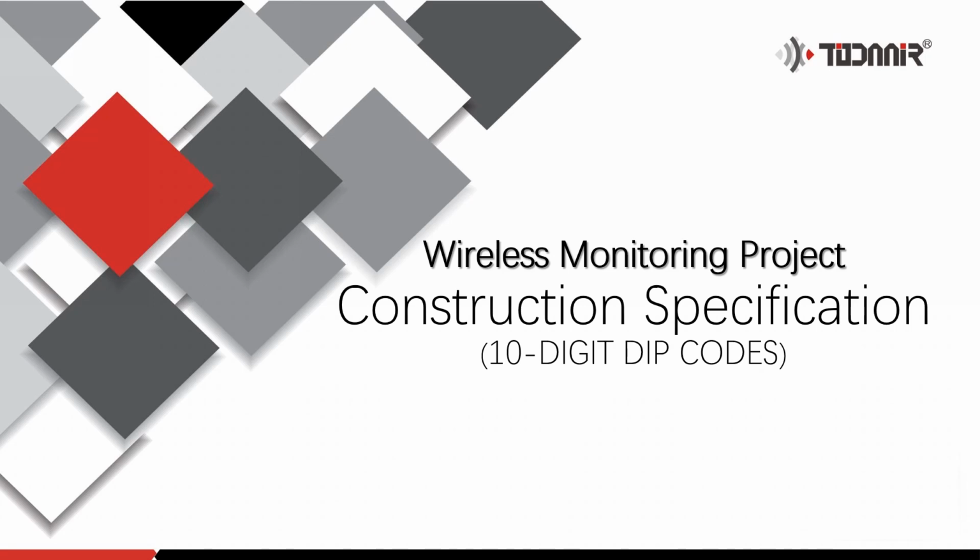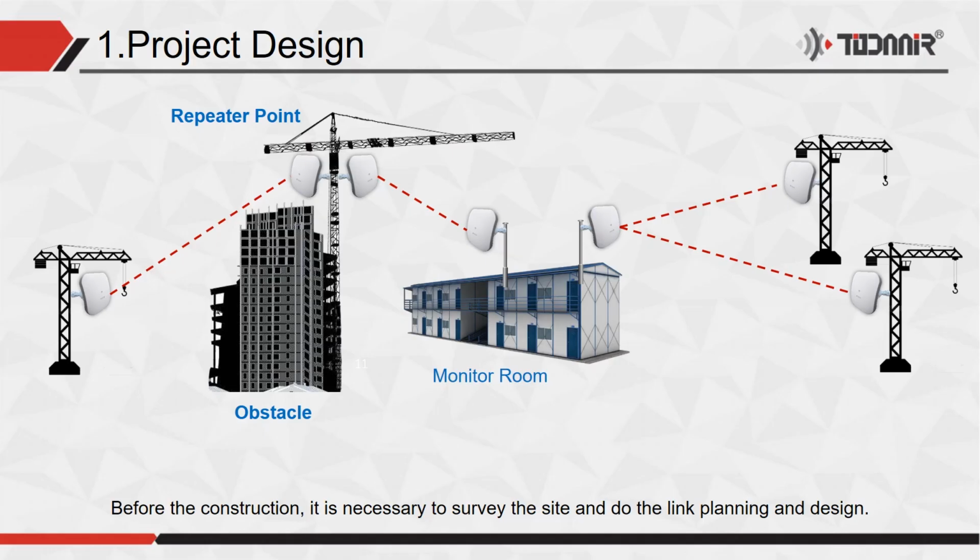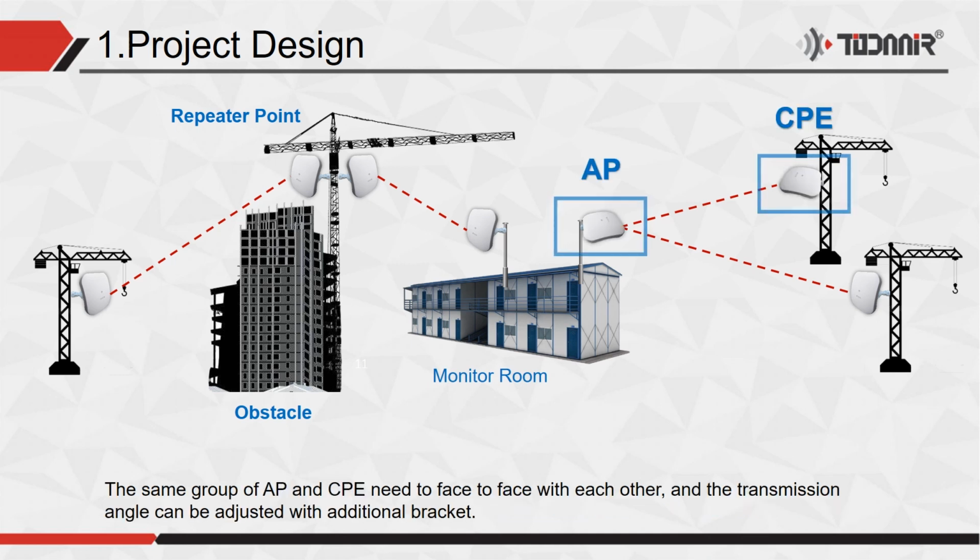Wireless monitoring project. Construction specification. Before the construction, it is necessary to survey the site and do the link planning and design. The same group of AP and CPE need to face each other, and the transmission angle can be adjusted